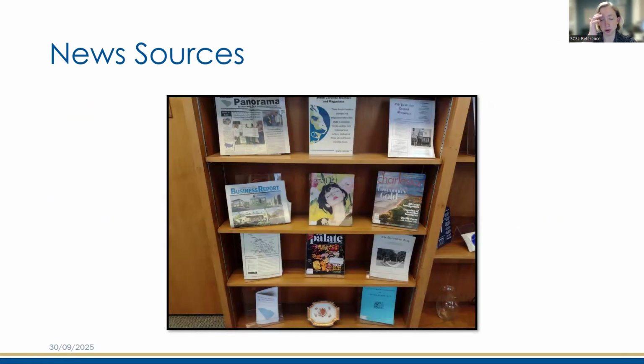I've got a couple more over here. These are on display. And so with your South Carolina State Library card, you can check out all of these display materials that I'm showing you guys. They will be in the front part of the library itself if you can visit. If you can't, you can find them in our catalog, and we'll be happy to get those to you any way that we can. So I'm going to give you a short tour about what we have around here,